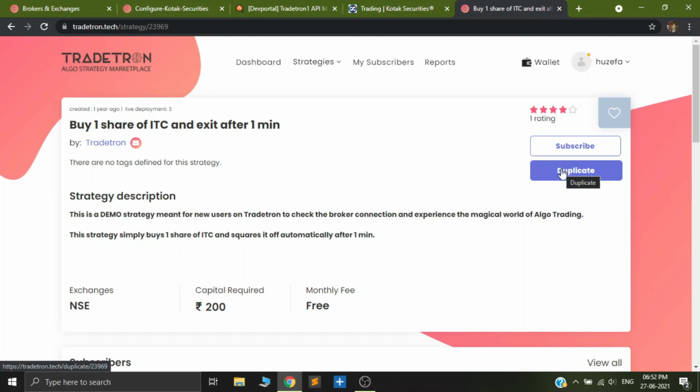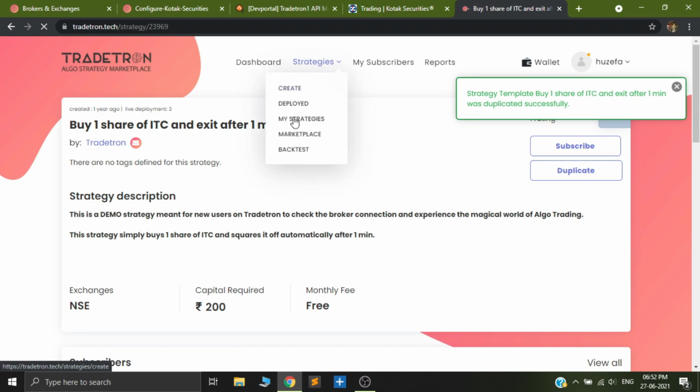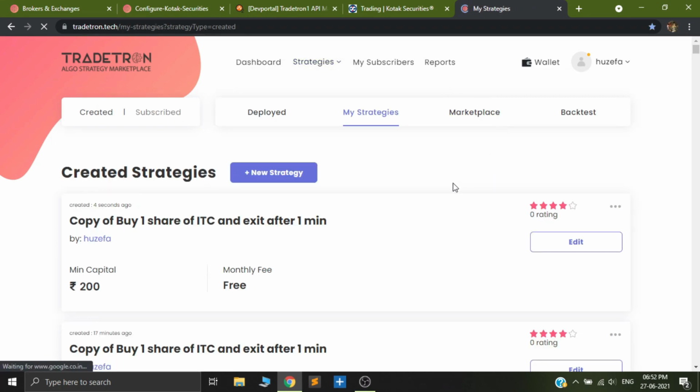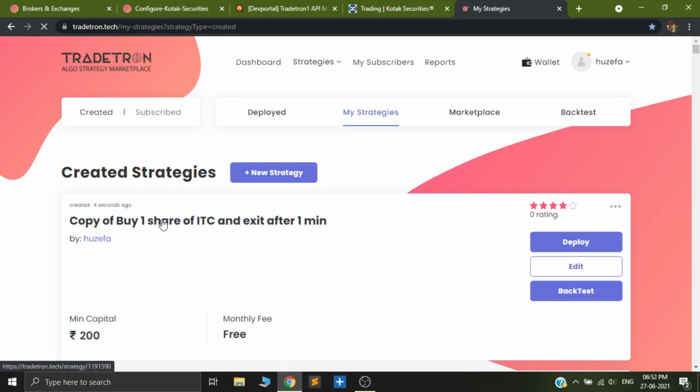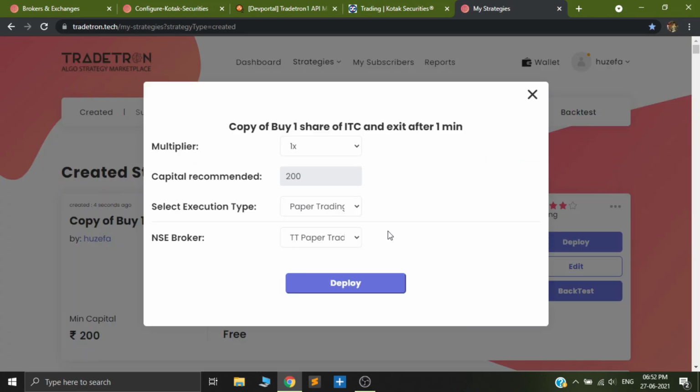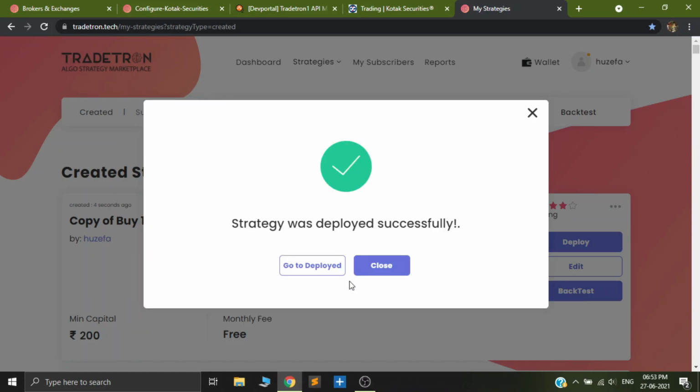So I'll duplicate this strategy and now I'll go to my strategies. In my strategies, you'll find your ITC strategy. Simply click on deploy. In execution type, I'll select live auto, and in my broker, I'll select Kotak Securities and click on deploy.